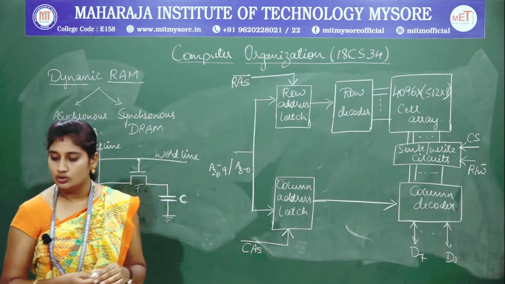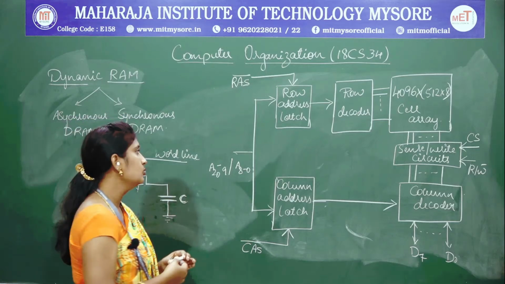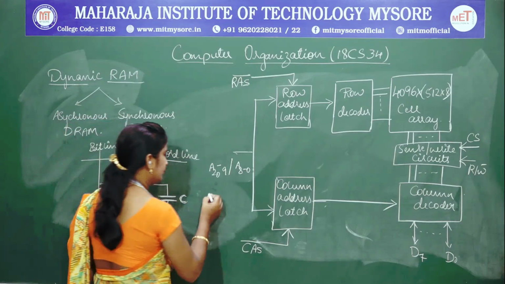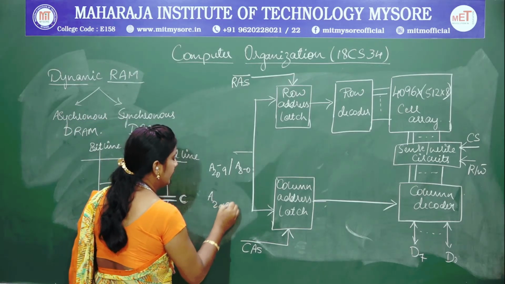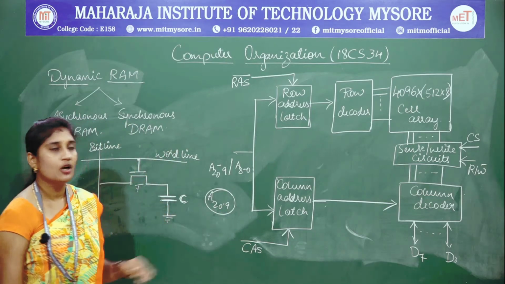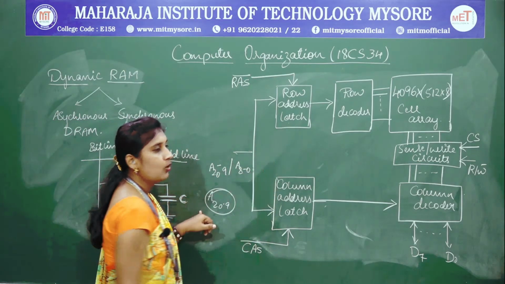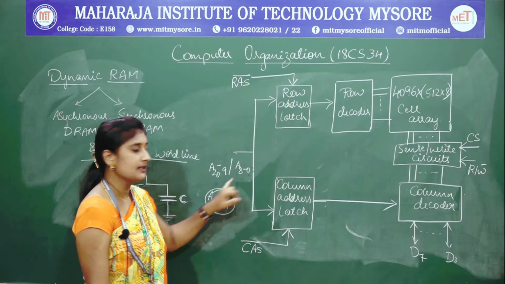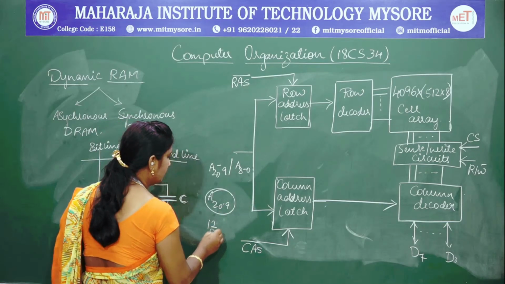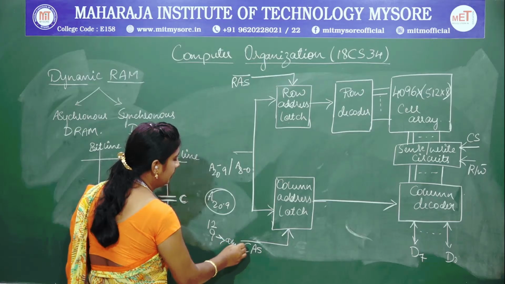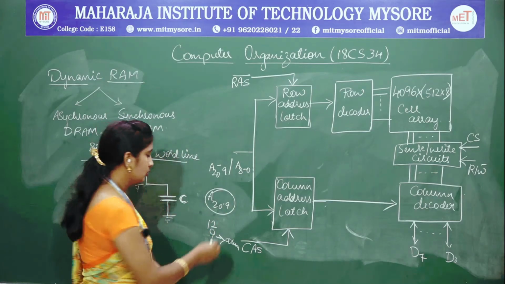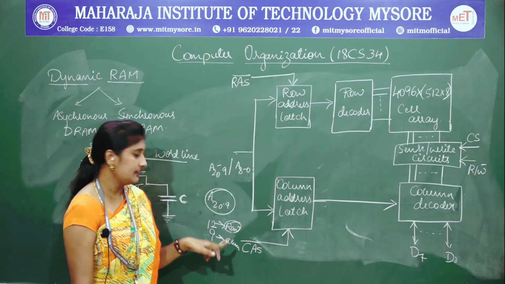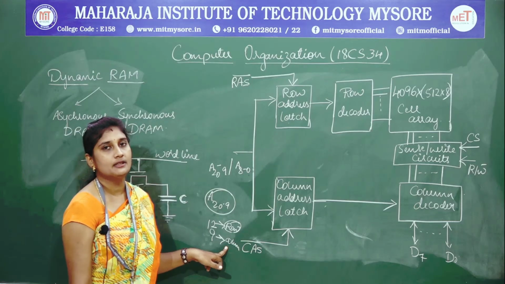So if you want to store, the 21-bit addresses are used to represent the column and row addresses. So A20 to A9 is being used to specify the row addresses that will be sent to the row address latch, and A0 to A8, that is the 9-bit address, is being used to specify the column of a selected row. So the 12-bit address is used to specify the complete row, whereas the 9-bit is being used to specify the column of a selected row.